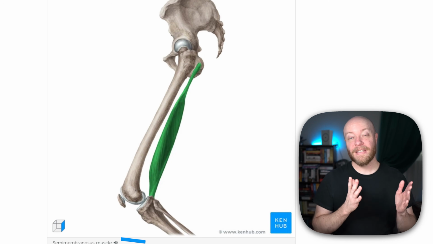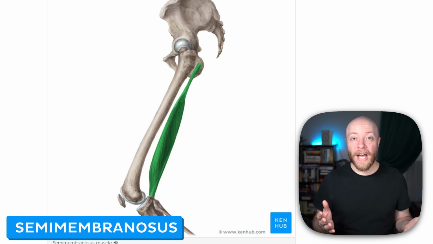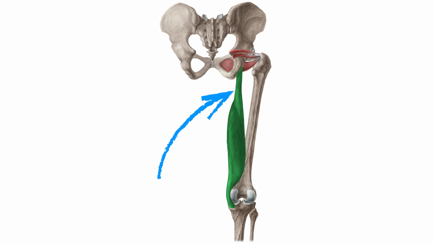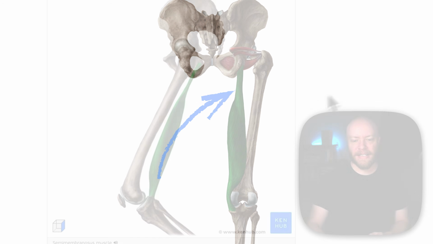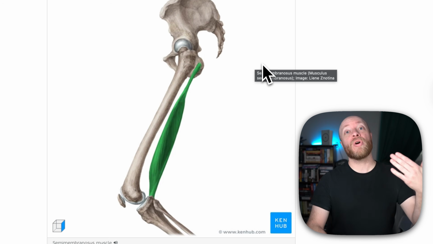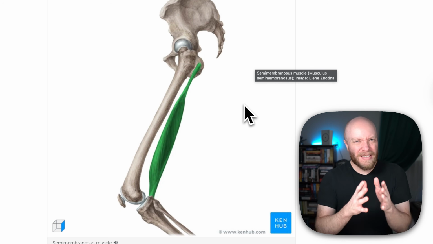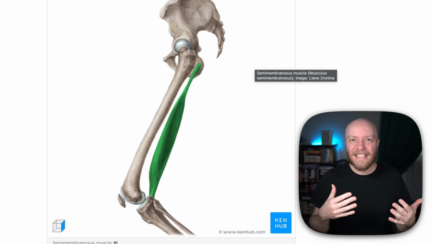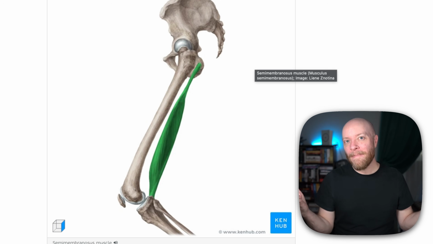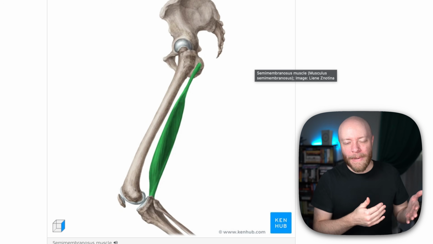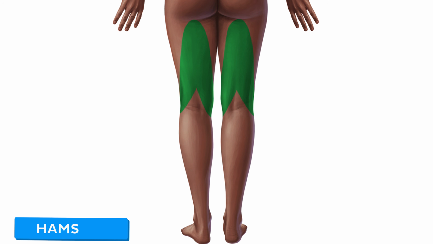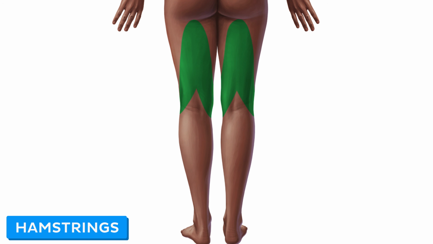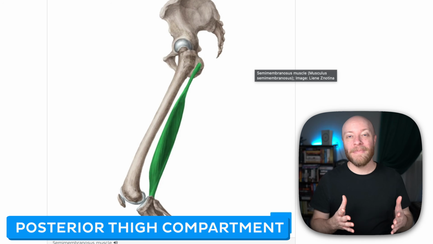This right here is the semimembranosus, and it's called that because it is partially a membrane, or membranous, or looking like a membrane. In fact, it's the upper, or more proximal, portion of it. It's this thin, flat, highly tendinous section, and we call that a membrane, so we call this the semimembranosus. And it belongs to a muscle group collectively known as the hamstrings, more properly known as the posterior thigh compartment